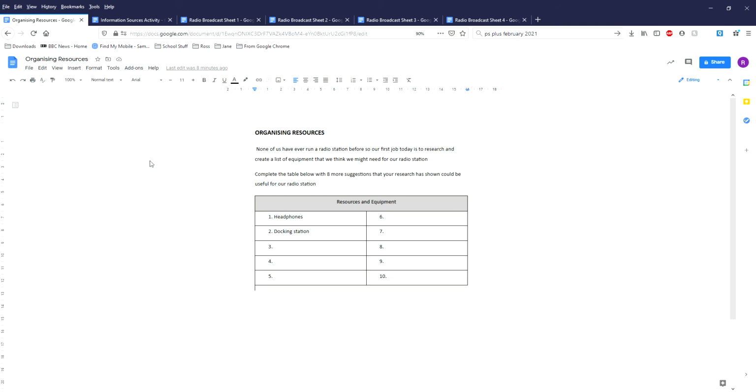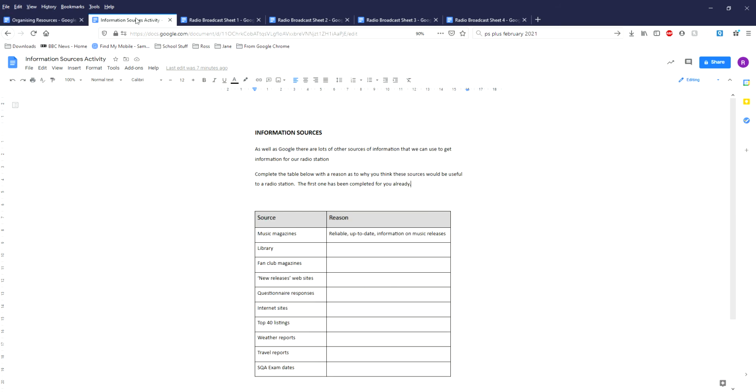Our next activity is about sources of information. So right now we're using the internet for everything, and we're trying to make you aware there's plenty of other things we can do as well. So we have a variety of information sources here. Some of them are still online, but they can all be used for slightly different things. So what we want you doing here is looking through those sources of information, and you come up with reasons or researching reasons why you think that these would be good sources of information,